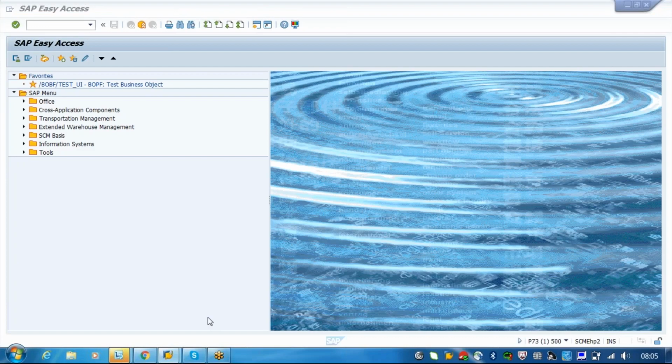So here we will be having two servers. One is the R3 server, which is the ECC server, and one is the TM server, which is your transportation management server. When we want to transfer data from the ECC server to the TM server, some backend setting is required, which is your RFC setting, remote function call. For master data it uses the SIF mechanism, and for transaction data it uses the PI mechanism.